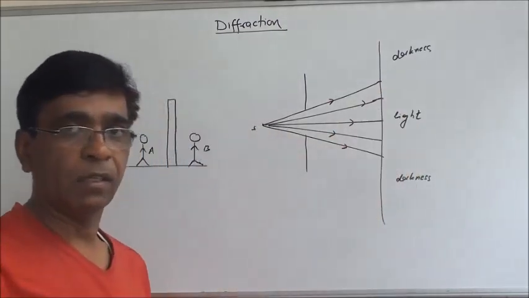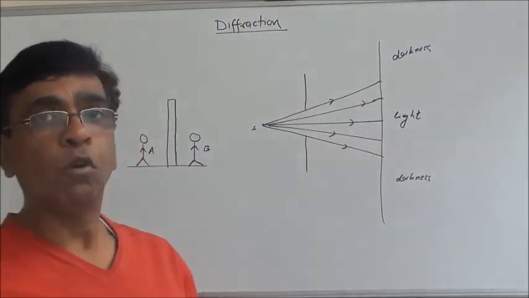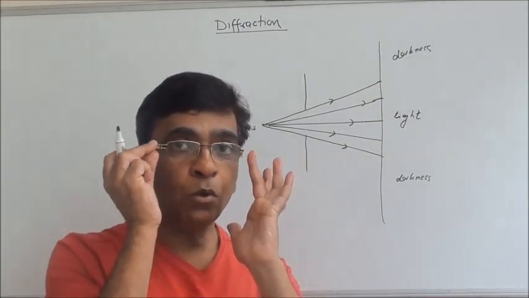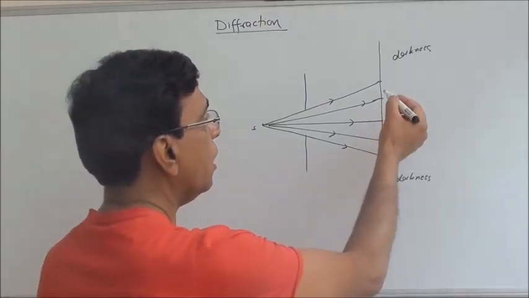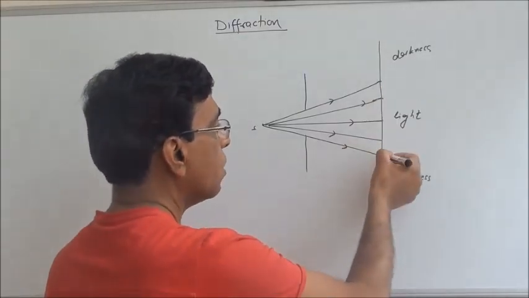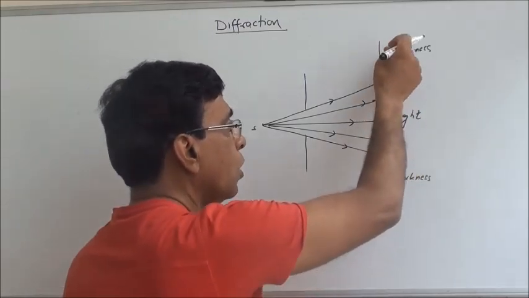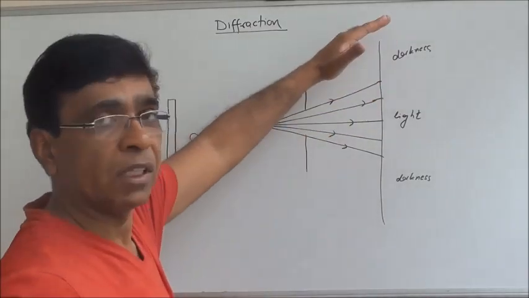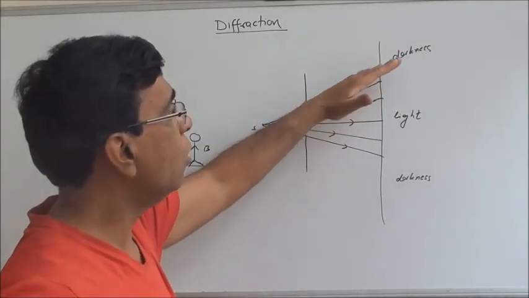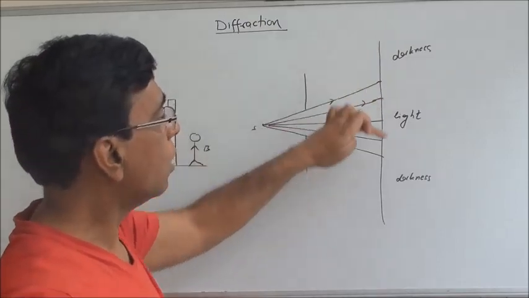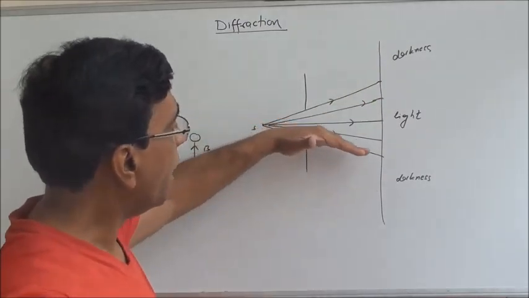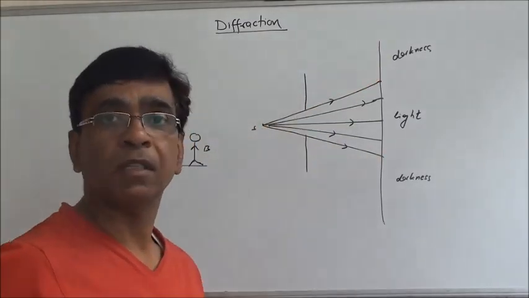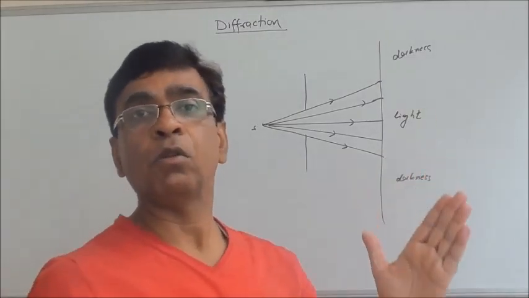Light travels in a straight line, but try to observe any shadow. It is never too sharply defined, and here also it will never be that up to this point we have light and beyond this point there is complete darkness. This comes gradually. Some light enters into the shadow region also. This is called the shadow region. In the same way light enters into this region also. This is the bending of light when it is passing through the aperture. So some light always enters into the shadow region.